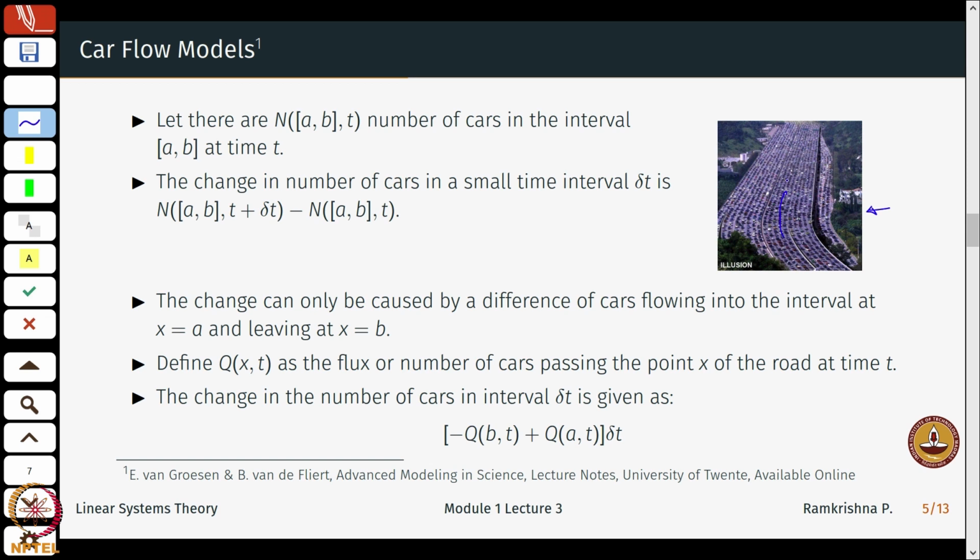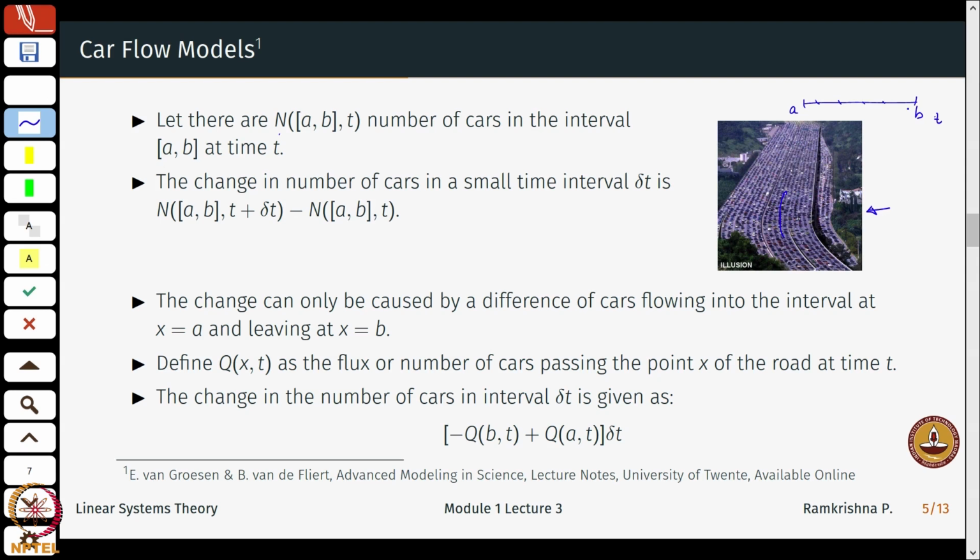So, for example, what does it mean by even modeling this? Can I have an expression that relates the flow of the cars through a spatial domain, or through the entire length of the highway? Okay, this will become clear a little slowly. So, let me take a stretch of the lane and denote these points as A to B. At any time instant t, let n denote the number of cars in this interval from A to B at time t. So, this is the number of cars which are here, say maybe 1, 2, 3, 4, 5 cars.